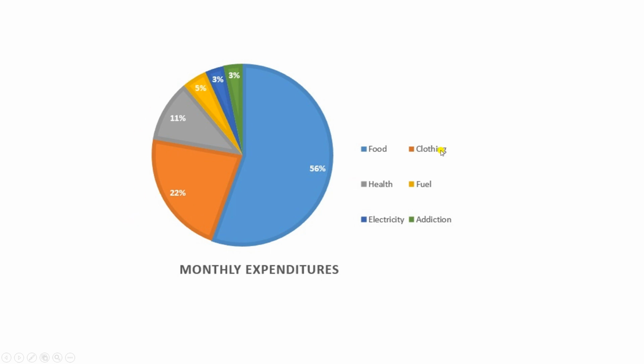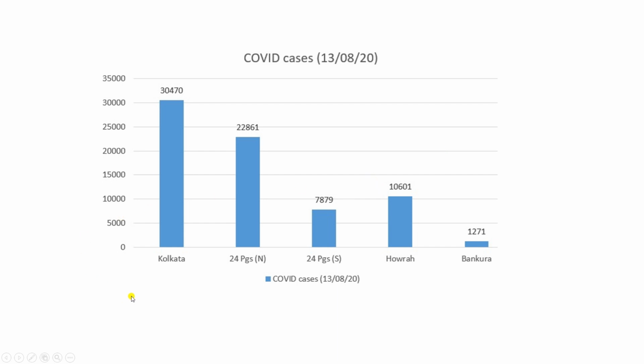Okay. Next, this is a simple bar diagram. These are the bars, these vertical lines. This is just a random example. This is the number of COVID cases in West Bengal as it stands on 13th of August 2020. So few districts have been mentioned, as you can see. This is the x-axis, this is the y-axis. X-axis denotes different districts. I have mentioned 5 districts only, and y-axis the total number.